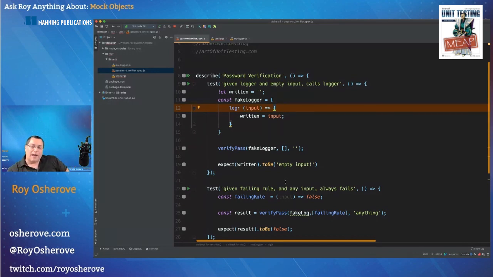I don't want to change my test 50 times every time I add another input to the logger on something that I don't even care about for this specific test. So using relaxed mock objects instead of strict mock objects makes a big difference. Not asserting on stubs makes a huge difference. Understanding the differences, separating tests so that each test only tests one thing makes a huge, huge difference.